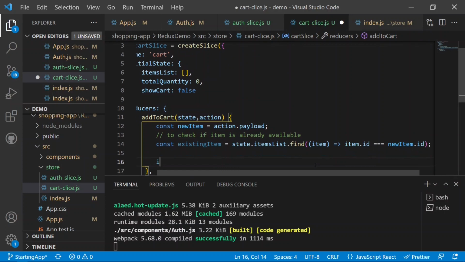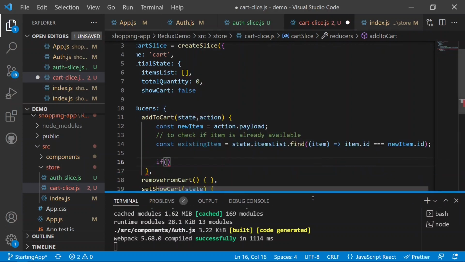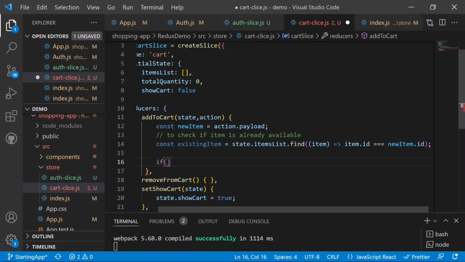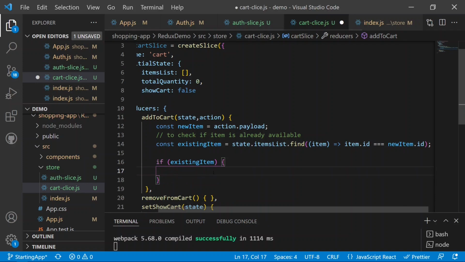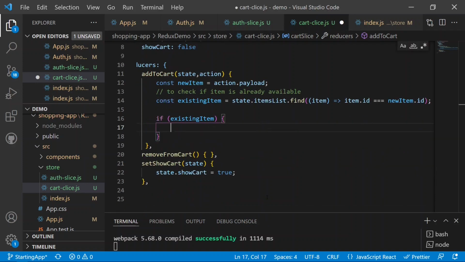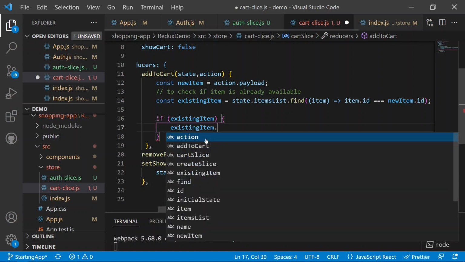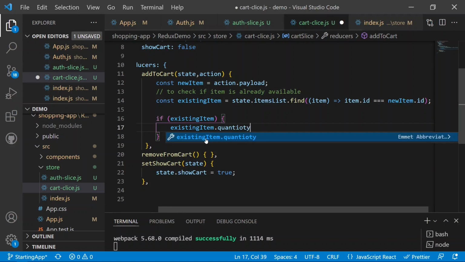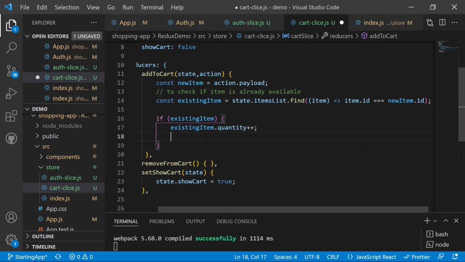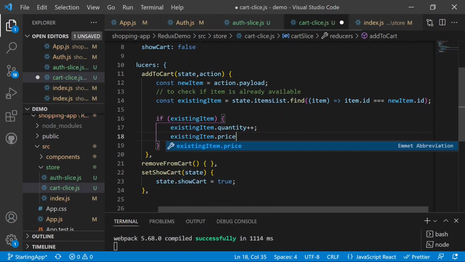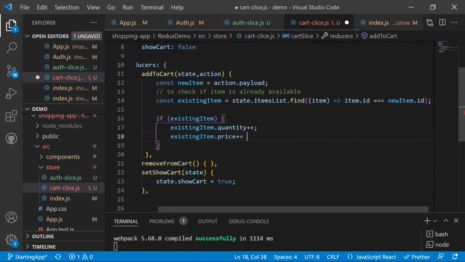And now if the existing product is there, then we can just create some functionalities like that. If the existing item is available, we can just increase the quantity: the existingItem.quantity will be incremented with quantity plus plus, and then we can increase the price also: the existingItem.price will be incremented with plus equals to the newItem